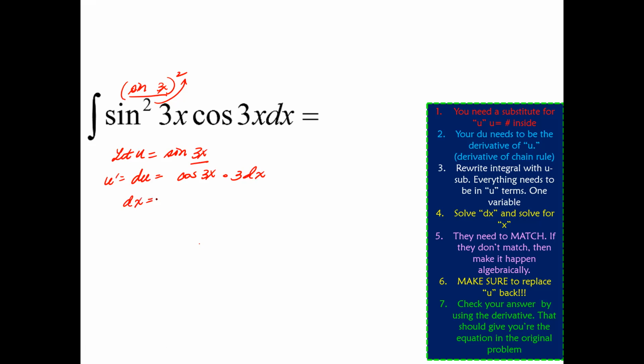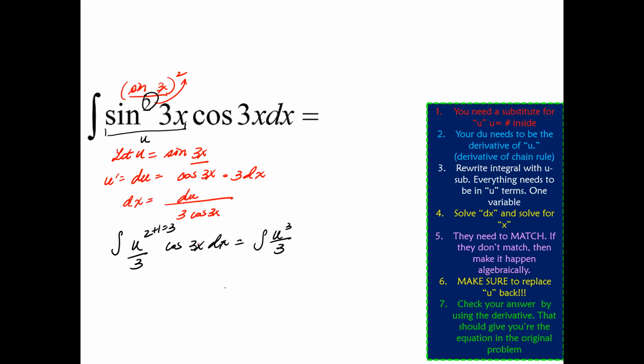A lot of times you have to solve for the dx. So dx is going to be du over 3 cosine 3x. All right, now let's go ahead and replace this with u. Integral of u squared cosine 3x dx. Okay, now let's take a look at this. Integration of u is going to be 3 divided by 3, integration of u cubed over 3 times cosine, or